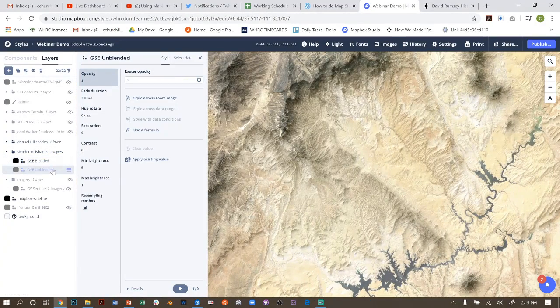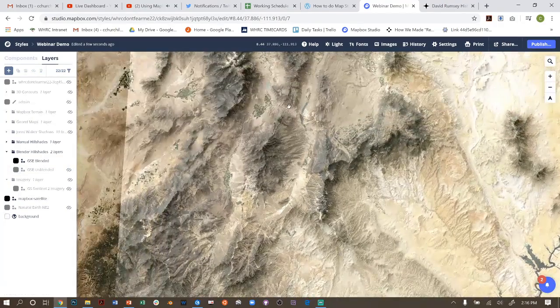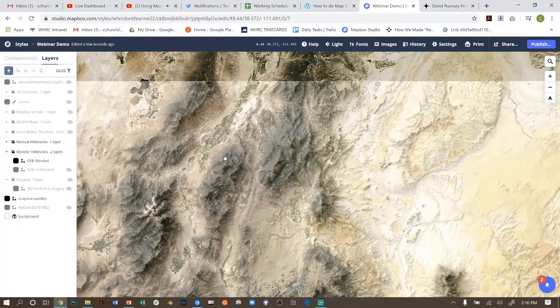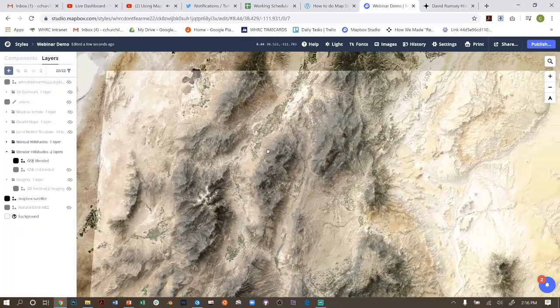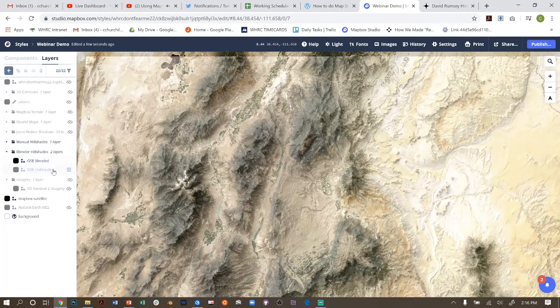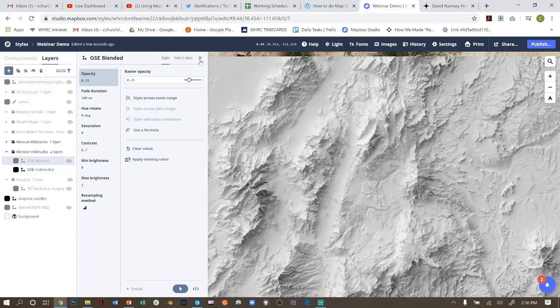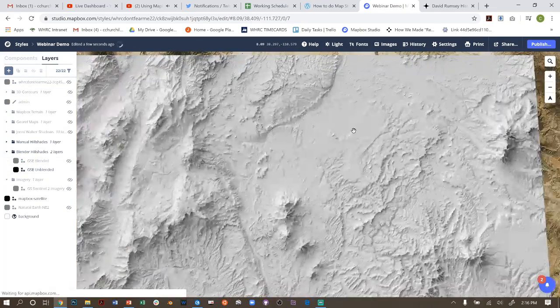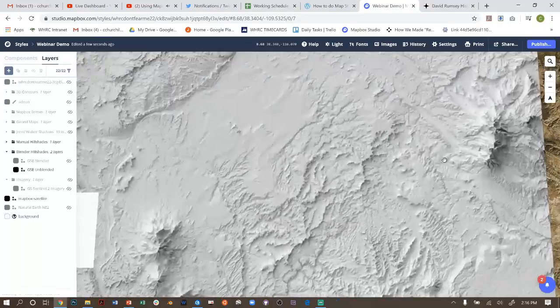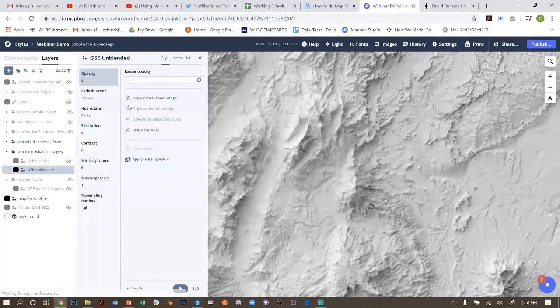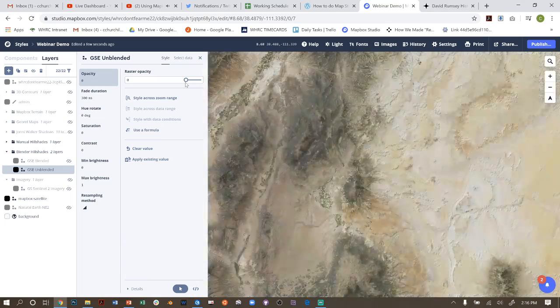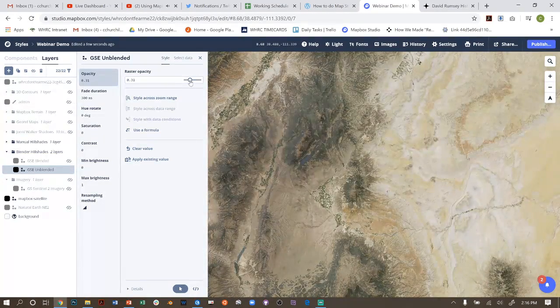right? But there's a few things you have to do before you can blend it. All my other examples so far are just straight, total opacity dropped in. But in order to blend a hillshade, you have to make a few adjustments. So this is the hillshade totally unblended natively, right? And if you just try and drop the opacity, it doesn't really work very well,